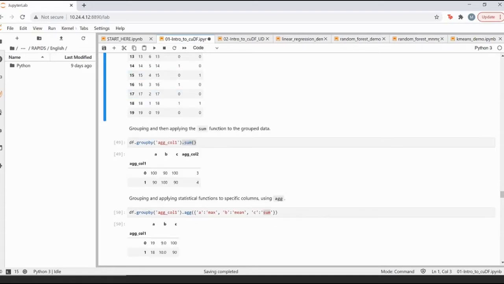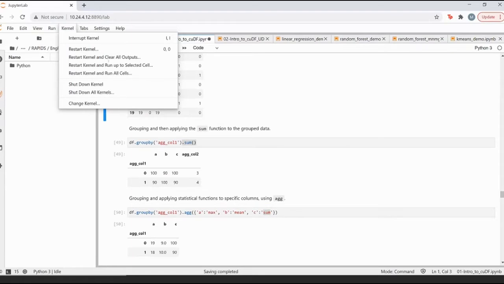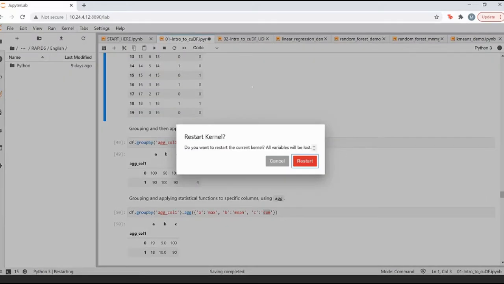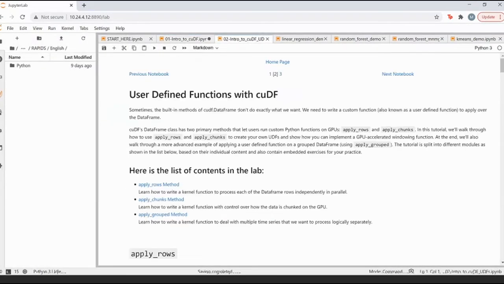So these are a lot of the important functionalities that are there, but obviously it's pretty basic, and I'm sure everybody who has been working with pandas must be pretty familiar with this. The whole point of this exercise was to give everyone a brief idea that all of the APIs that you use inside of pandas can be used as they are, just by importing. Instead of importing pandas as pd, you can just import cuDF as pd. It might break in a few areas for a few functions which are not supported, but it should work for a maximum of them.